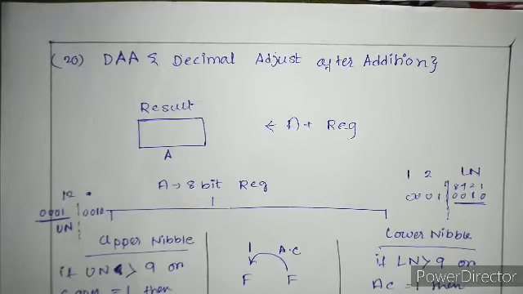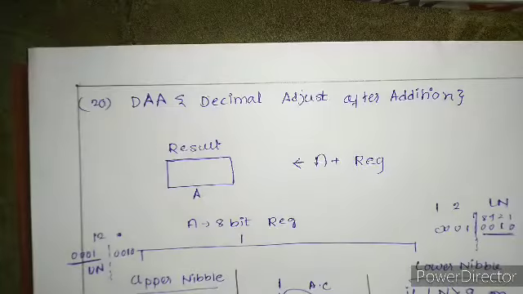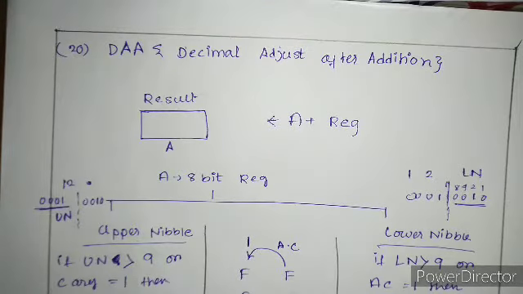Now the last instruction, and it will take some time, let me warn you, and it is a bit tough, but just don't learn it by heart. Listen to this, get all the logic clear, and you will find it is the most interesting instruction ever. First, what is the name? DAA, decimal adjust after addition. This is implied addressing mode. See, there is no register, there is no value, there is no address, only DAA.